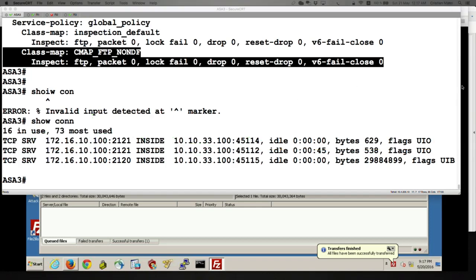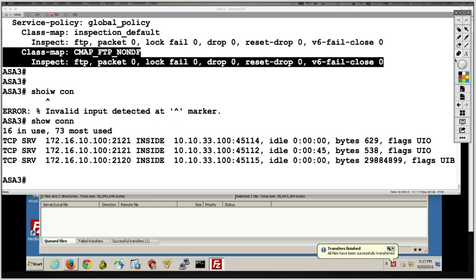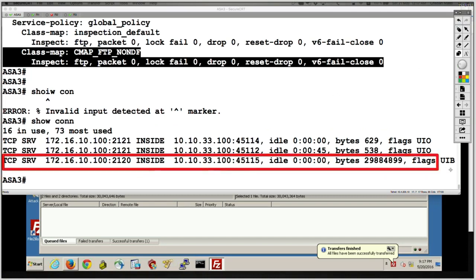And then we see the data plane session initiated from server A, because again we have the B flag, which means traffic was initiated high to low. It was initiated from server A on port 2120 and destined to PCB on the negotiated port number from the